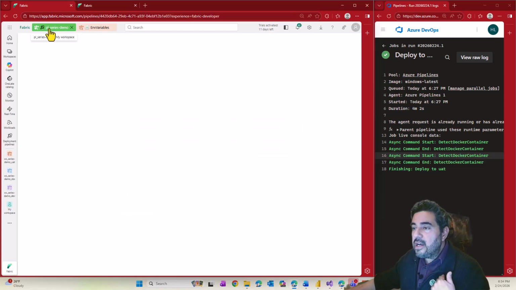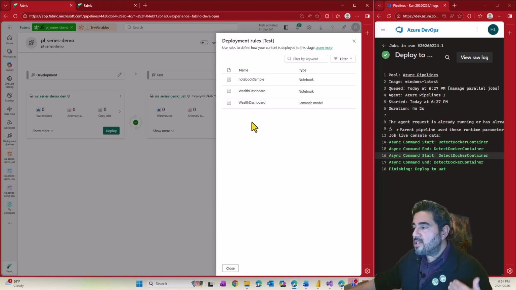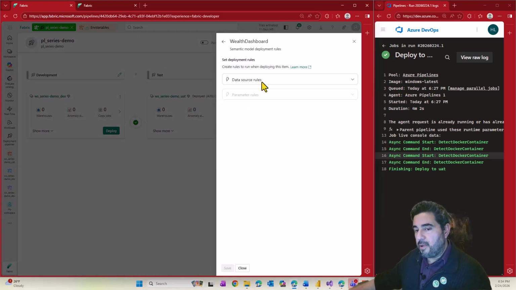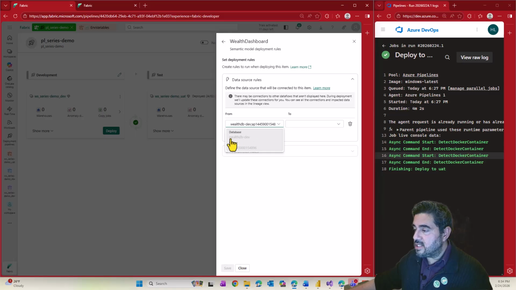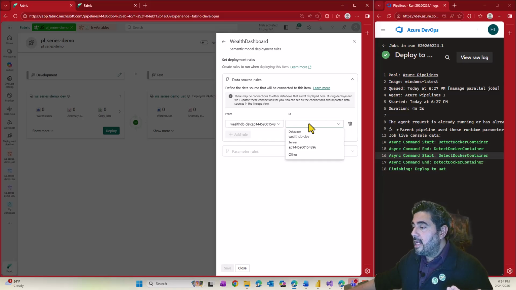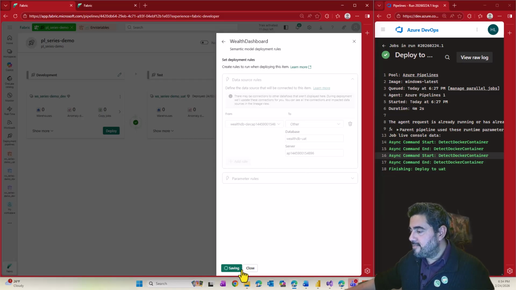So here is the concept of a deployment rule. We deploy from dev to test, and once we deploy that one, we need to configure a deployment rule. What is that? Let's add a rule, and I'm saying that the origin of my dev environment is the database called wealth-db, and here I want to pick other. I don't want the database to be wealth-db-dev. I want it to be the UAT one. If I click save, and also please